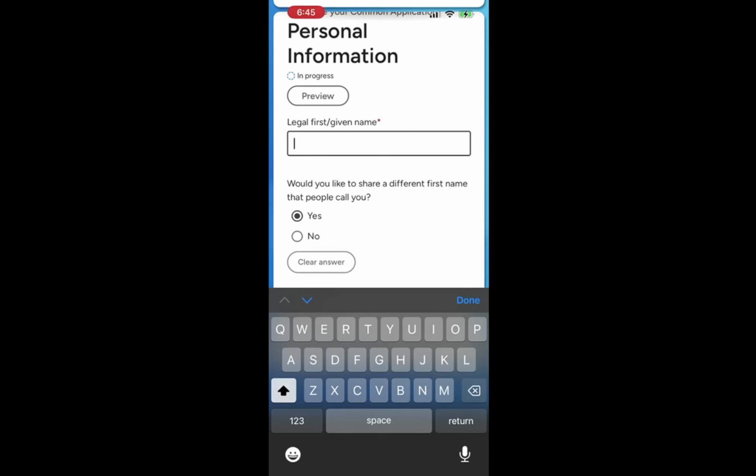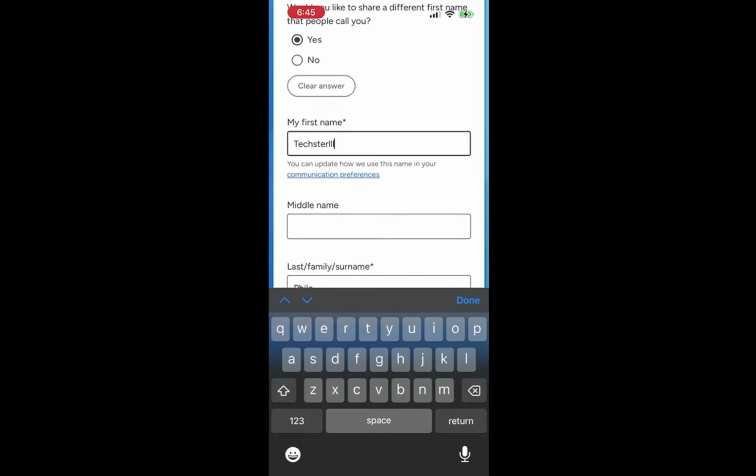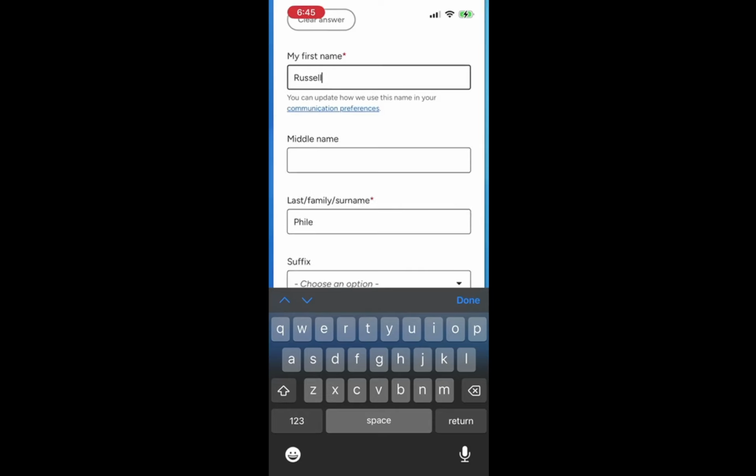After that, update your legal first name, middle name, last name, or preferred/different first name if applicable. In this part of the personal information section, you can make the necessary changes to your name. Be sure to enter your names exactly as you wish them to appear on official documents. The legal name is especially important for identification purposes, while a preferred name can help colleges recognize how you would like to be addressed. This little adjustment can make a significant difference in how you present yourself to admissions officers.